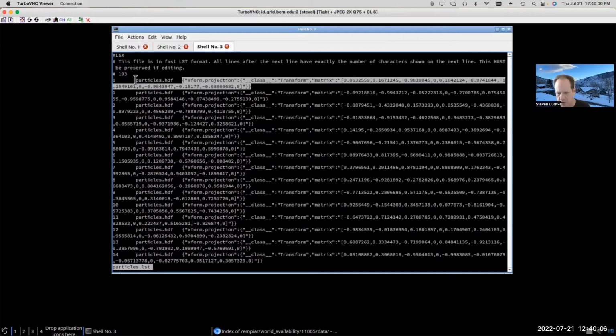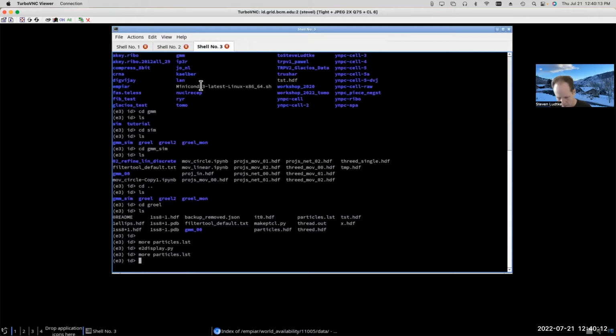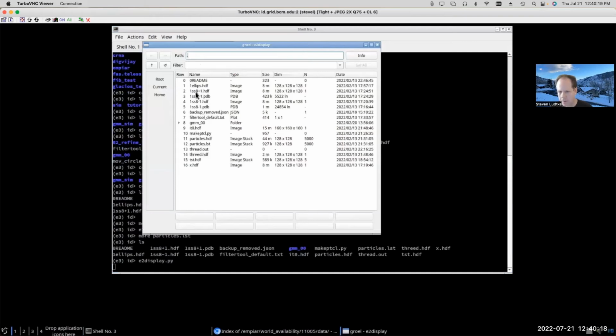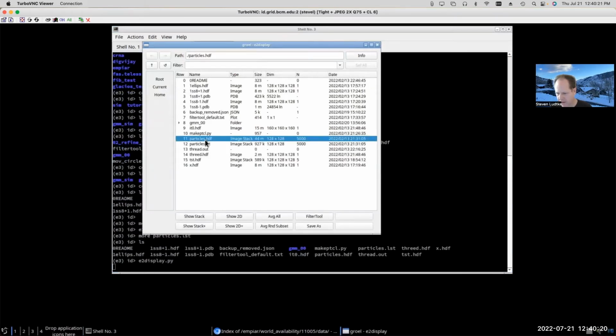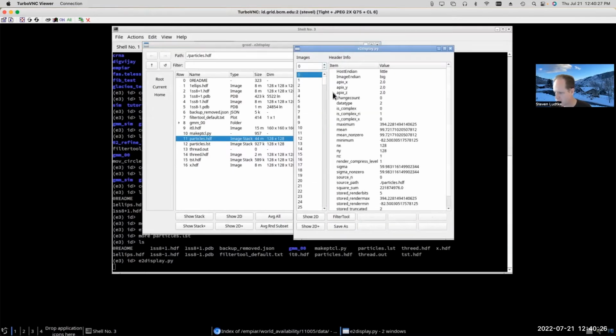So basically, each particle in the HDF file has header information associated with it. So let's look at the HDF file. The HDF file has 5,000 particles. If I hit info, I can then look at the header information associated with any one of these particles, right?